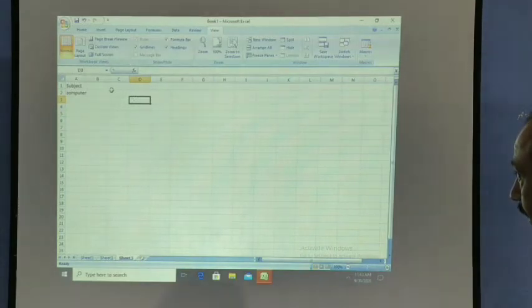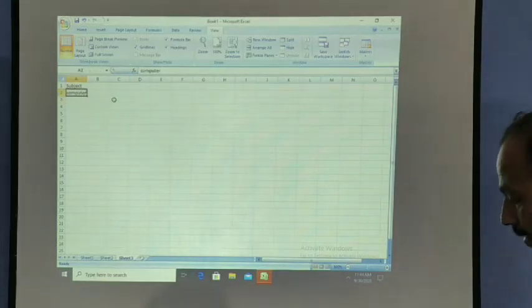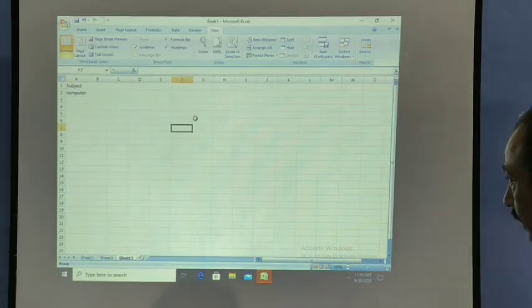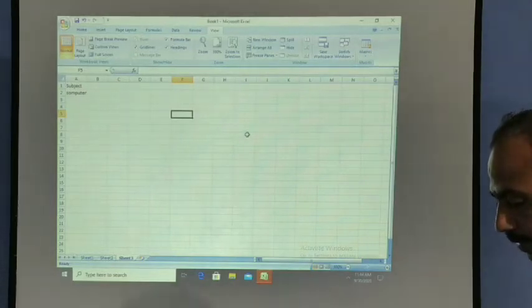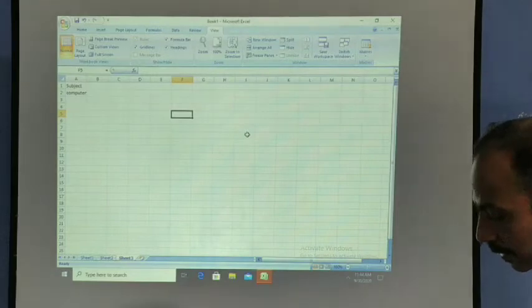So this is D3, in column D and the third row. This is the address of the cell. Computer is typed in A2, that means column A, second row. So all the cells are represented by their address, and the cells are the intersection of rows and columns.